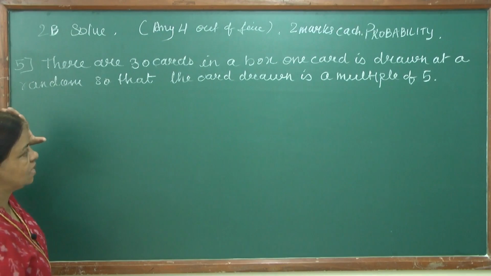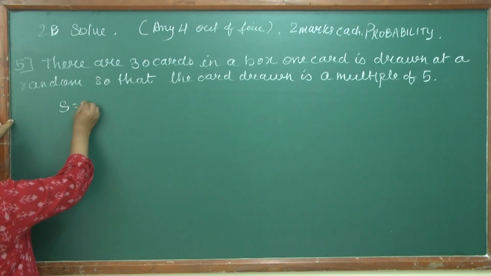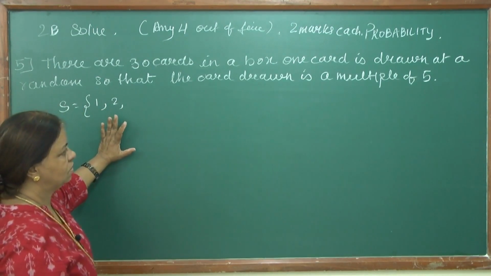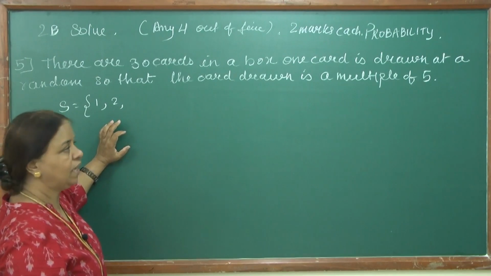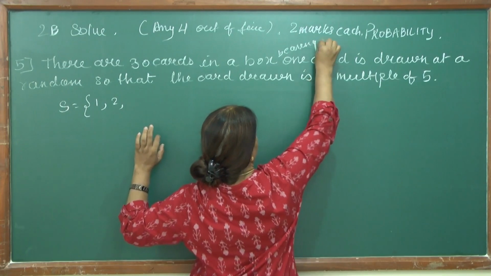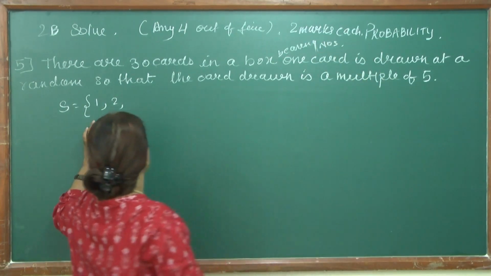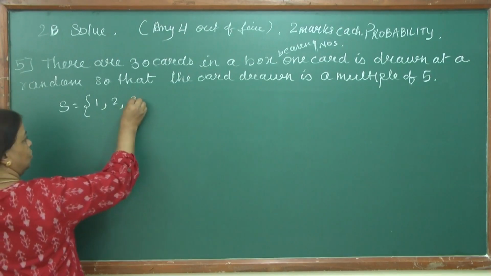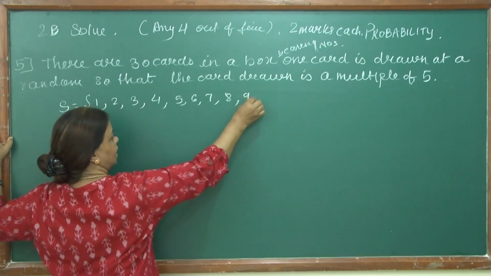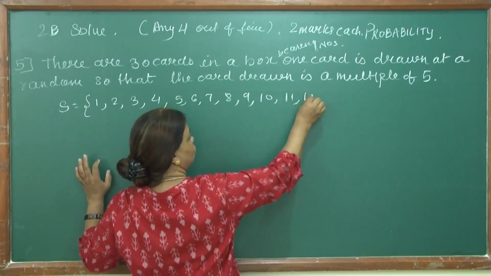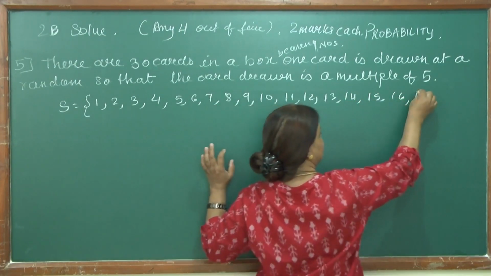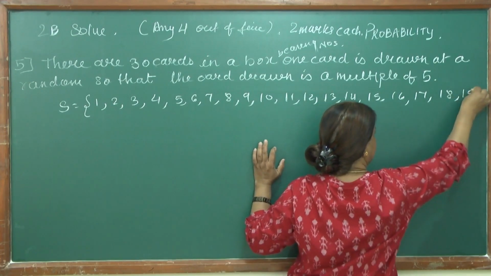There are 30 cards in a box bearing numbers. Now, if the cards are bearing the numbers, it will be what? 1, 2, 3, 4, 5, 6, 7, 8, 9, 10, 11, 12, 13, 14, 15, 16, 17, 18, 19,